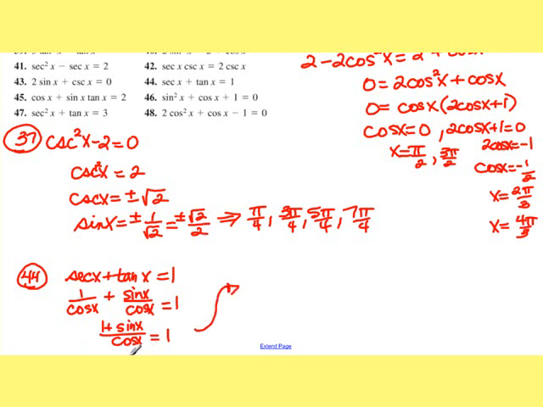So if we try to solve this, we're trying to figure out where 1 plus sine x over cosine x minus 1 is equal to 0. Well, we could get a cosine x